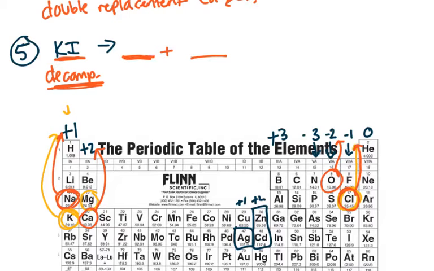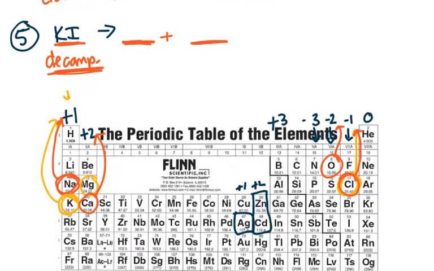If it contains a polyatomic ion, there are different decompositions that you will do. However, that's a more advanced lesson. We're going to stick to just binary compounds with 1 positive, 1 negative ion, no polyatomic ions. So I'm going to split them up into potassium and iodine. The only thing you have to do here, we don't have to worry about charges or anything. The only thing you have to remember is